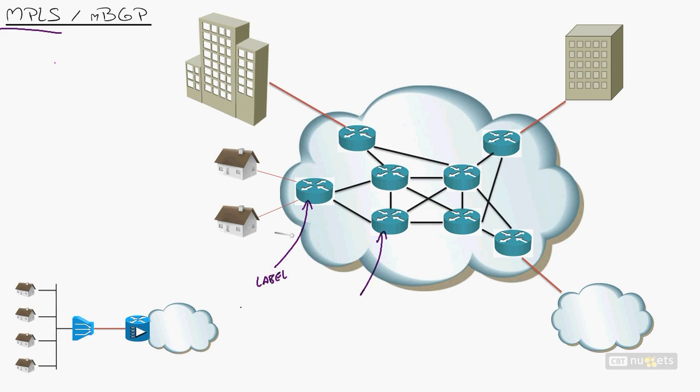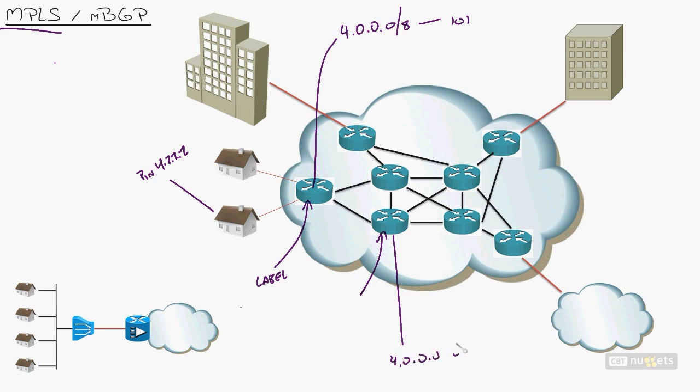Now, what's a label? It's really just a number, just a little tag, if you will, that is assigned to those. So let's just say in this guy's routing table, remember this guy pinged 4.2.2.2, right? So in here, this guy's routing table, he's got a route, let's just say to 4.0.0.0/8. He'll assign that label, let's just give it 101, right? This guy in his routing table has the label for 4.0.0.0 being 201. Right? And then this guy, let's just stop right here. This guy will assign